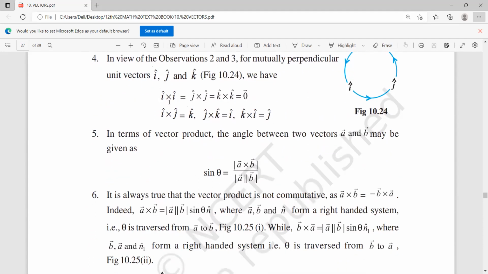This is what we discussed. I cross I, J cross J, K cross K is 0 because they are parallel. But whereas if I cross J is there, then